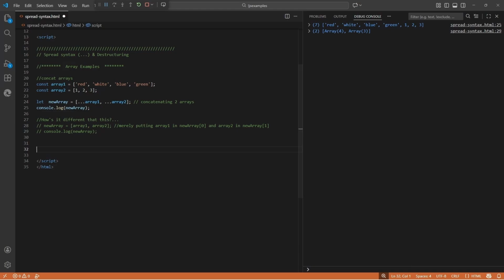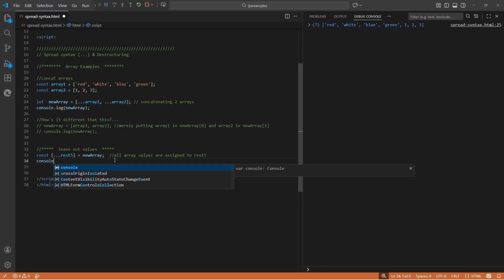All right, next thing. What happens if we just do this? What this is going to do is it's going to put the array that we made here with the combined array into a constant with the name of rest5. It's going to bust it all apart with these three dots into its elements, and then it's going to repackage it up into an array with those square brackets. We didn't console it out. Console log, and